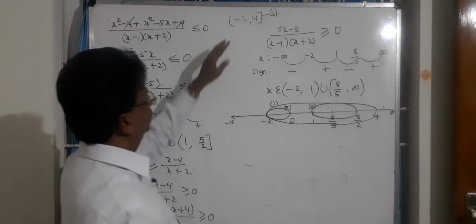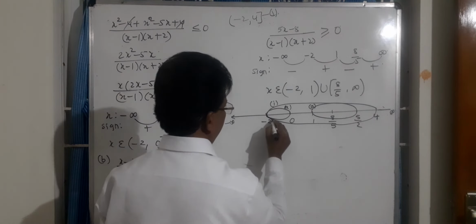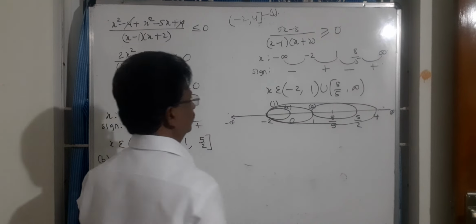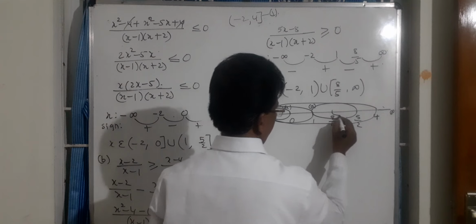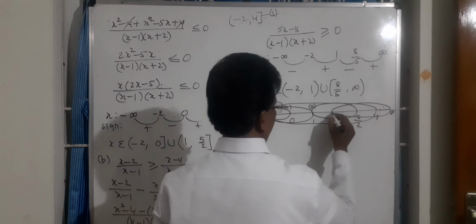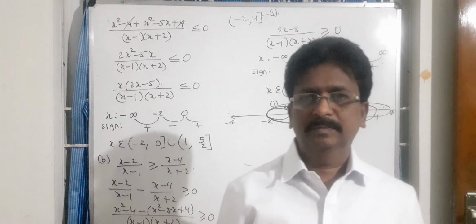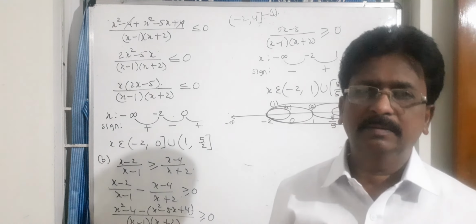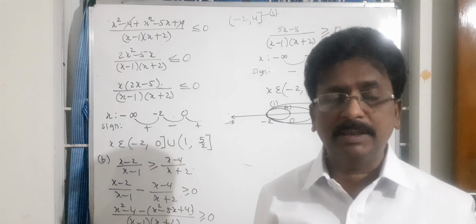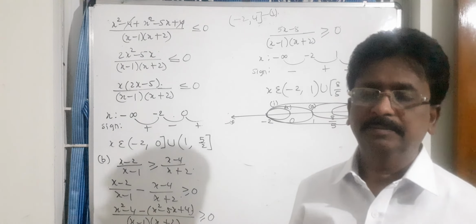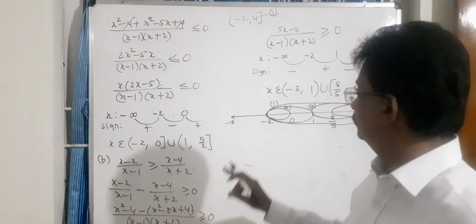Now case B, where this is case B. -2 to 1. Okay. Next, 8/5 to infinity. Okay. We have to identify the union. The union is the total region of all the sets. Total region. So the region of all the sets started from -2